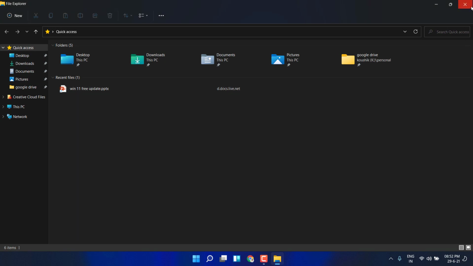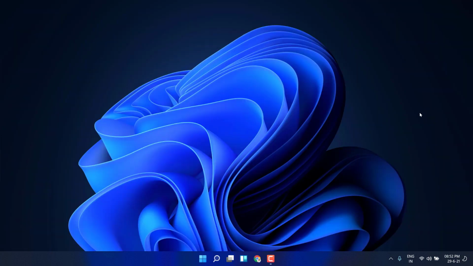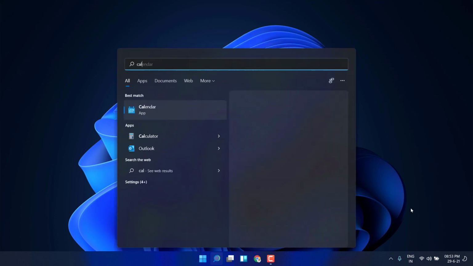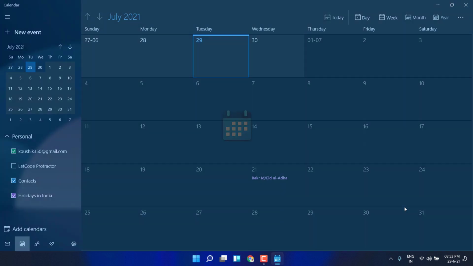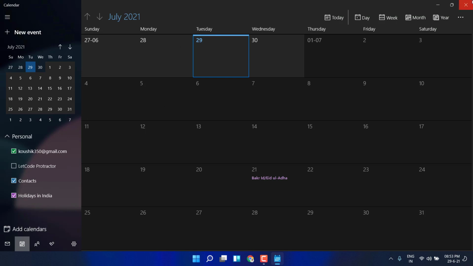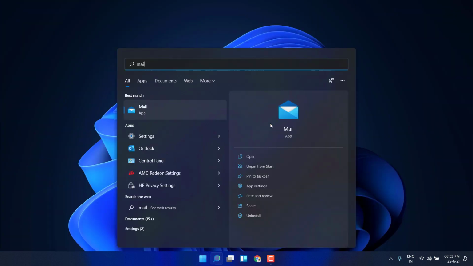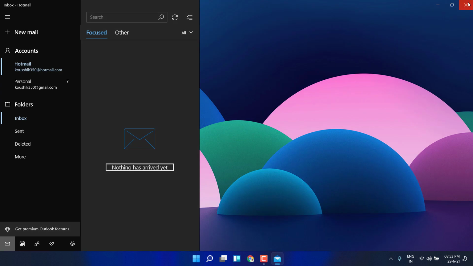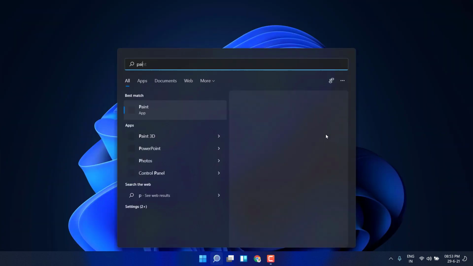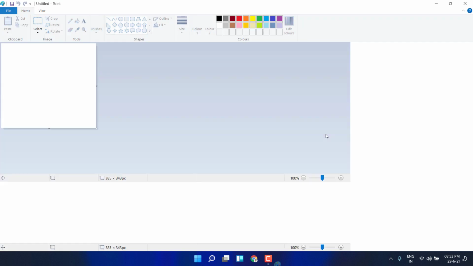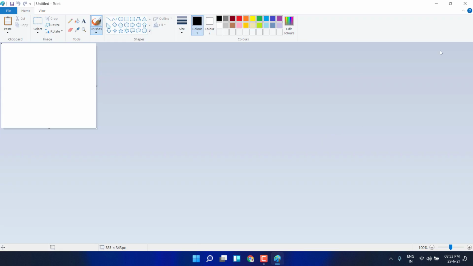Okay, so that's it. And a few minor changes we can see here and there in a lot of places. For example, here you can see my microphone is in use by Camtasia, and that is getting notified. So it's like a privacy feature. Still, we have the same calendar that is available in Windows 10, so we don't have any major changes here. And the mail app is also the same, so there are also no changes.